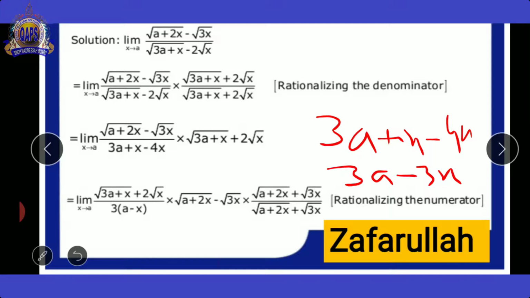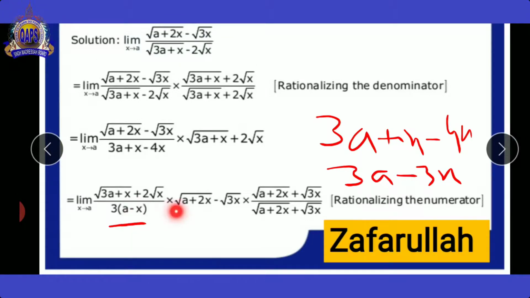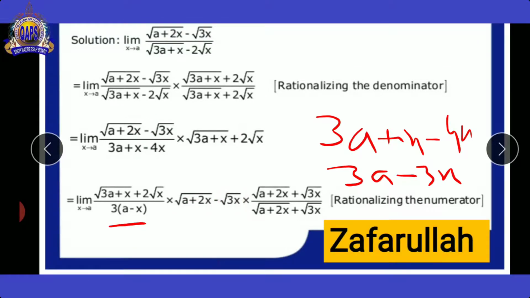So 3 is common here and a minus x will be in a bracket. Now this bracket will remain and this whole result will remain. Now this function is in the place of this function, and this function in the place of this function, because it is in multiplication form. Now here we see